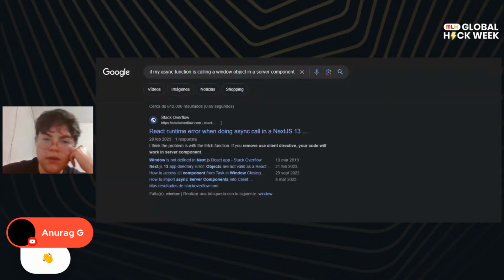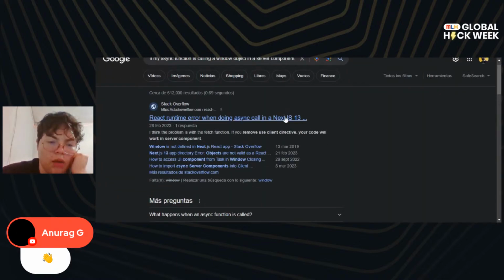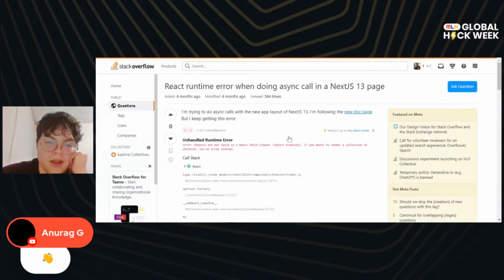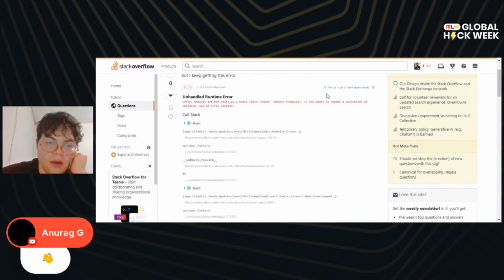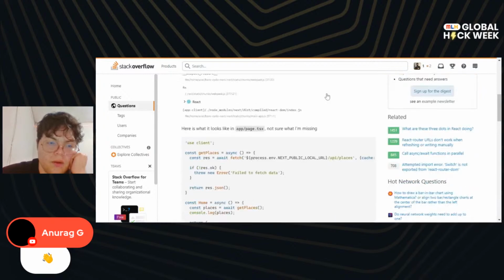And let me see if this, when doing an async call in a Next.js page, I'm trying to do async calls in the new app layout. I'm following the new docs, but I get this error. So here's how I